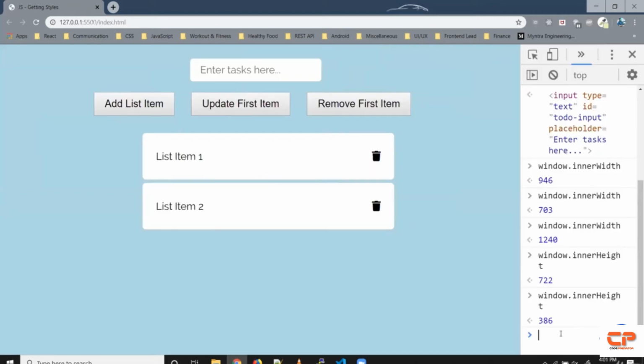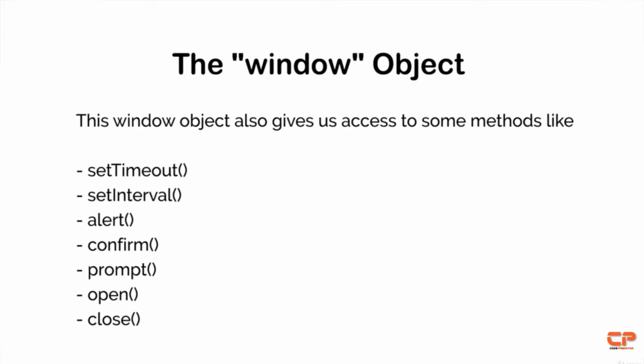This inner width and inner height property is not available in Internet Explorer with version 8 and less. So for those, you can use document.body.clientHeight and document.body.clientWidth. All right. This window object also gives us access to some methods like setTimeout, setInterval, alert, confirm,